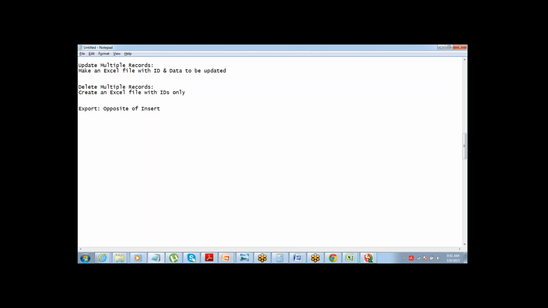The requirement can be something similar to what Manjit was just asking. If I do not have the IDs available for the record and I still want to perform an update or delete operation, I can do an export to get the IDs and then perform the delete or update operation. So how this is done, let's have a look at it.